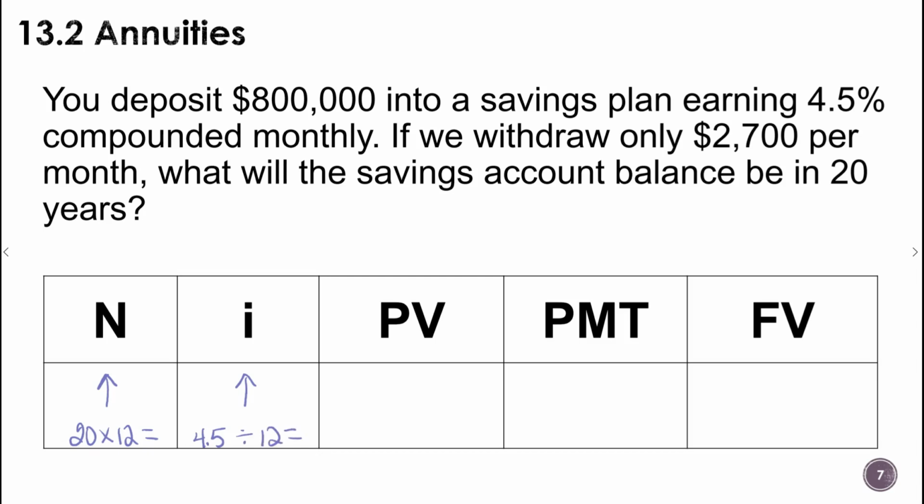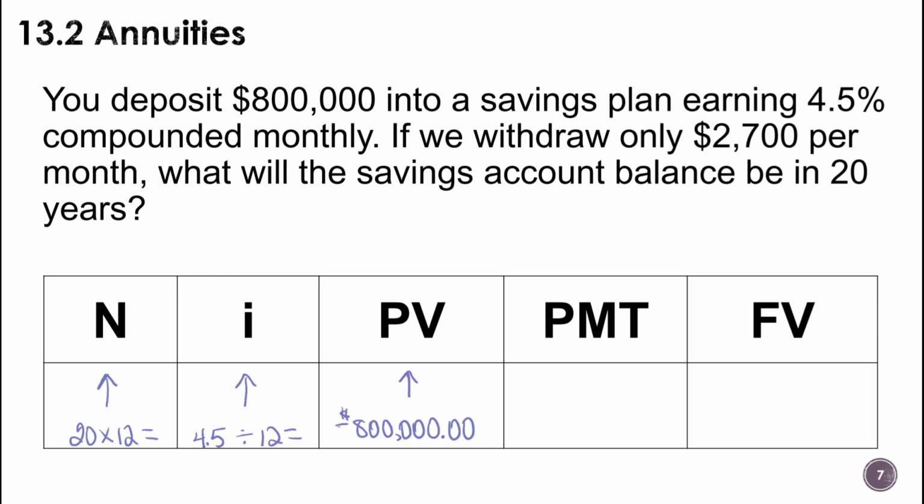I'm putting that on there. It's on the previous screen, but, well, it's on this one too, I guess. And this one is still the same, right? Because we still have our $800,000 in the bank. Put the $ sign there. But now, if we withdraw only $2,700 per month, what will the savings account balance be